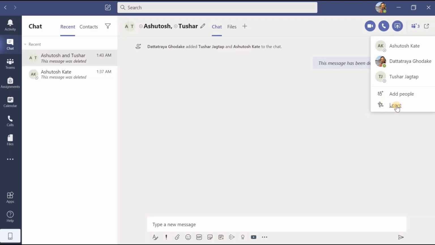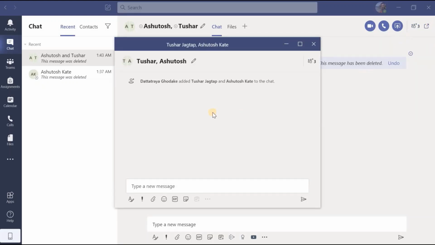You can click here and you can leave this group chat, and if you leave this group chat, you will not be able to post the messages inside this group chat. Similarly, one more button is there, that is pop out chat. If I will click on this, what will happen? This chatting window will be minimized. Previously it was at full screen, it will be minimized, and rest of the things inside this Microsoft Teams applications easily you can perform.